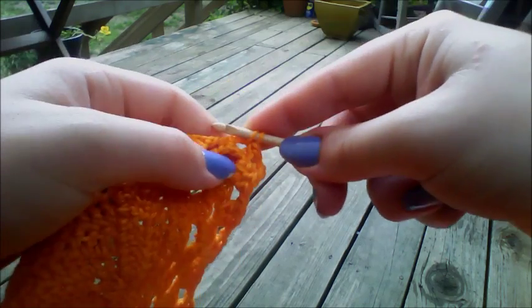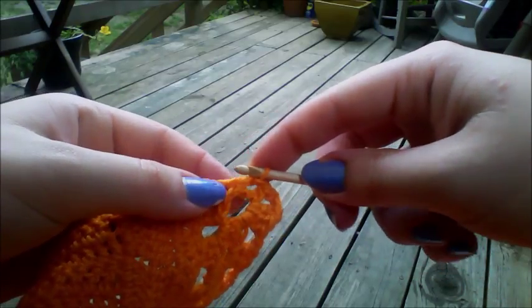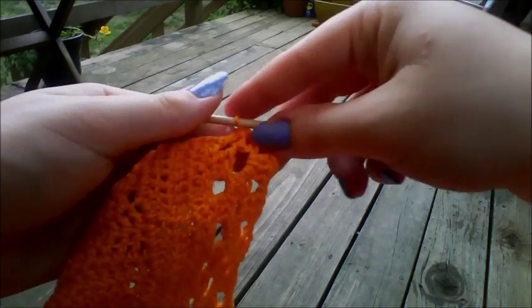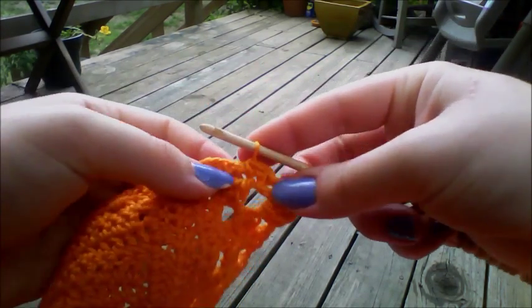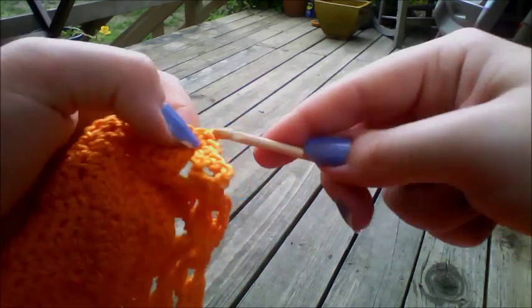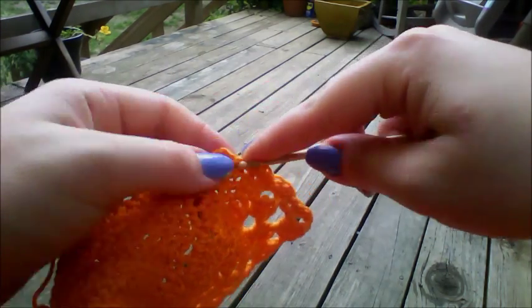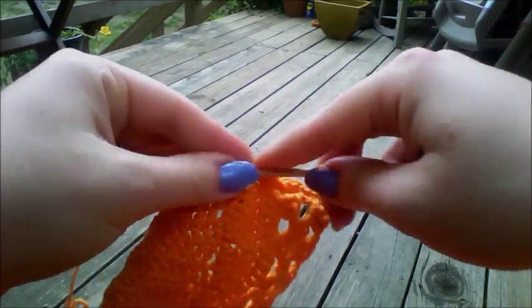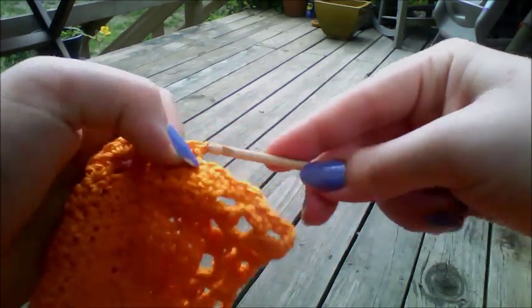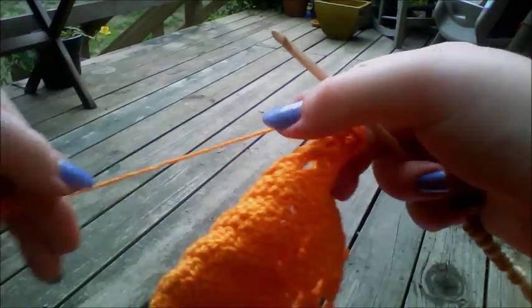Do about 3. And then start doing about 15 single crochets across. Actually, about 12. And then we're going to chain 1, turn our work around,